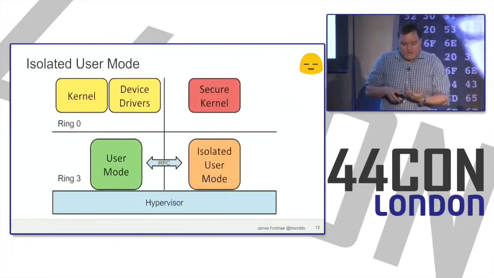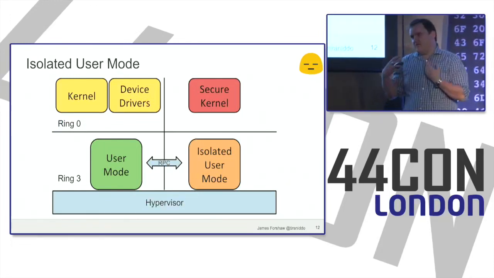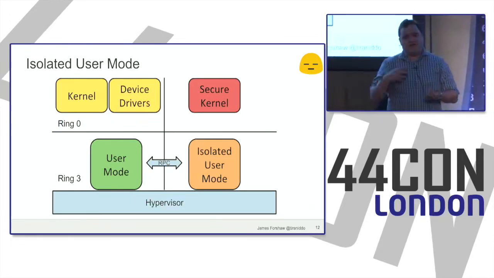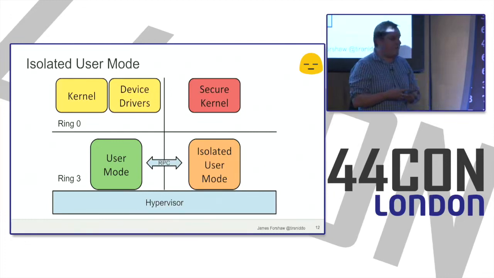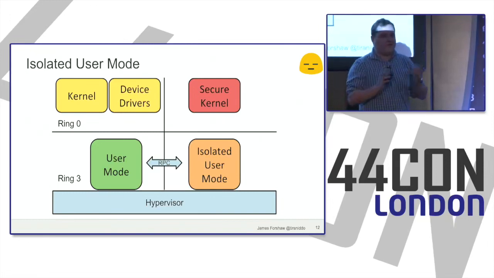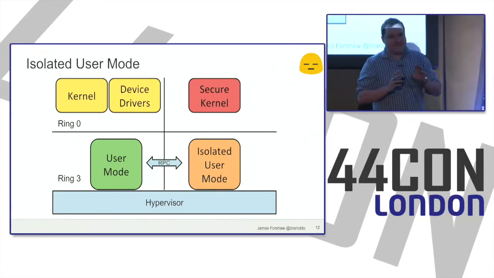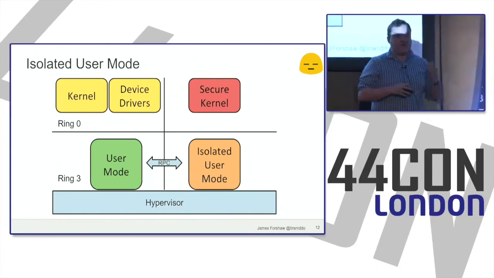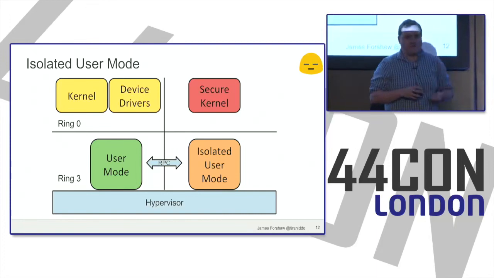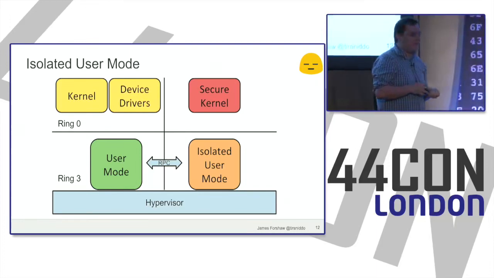Now, certainly, one thing which, if you have a look around the literature of Windows 10, watch some Channel 9 videos on this, one of the things which sounds really interesting is something called isolated user mode or virtual secure mode, depending on what people are calling it at the time. This is basically a mechanism to allow you to almost run two copies of Windows, one secure and one non-secure. I think I'm not doing it justice describing it like that. As I say, if you want more information about what it's doing, there are some Channel 9 videos which are quite good.